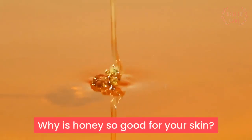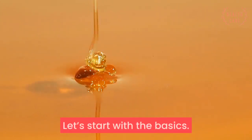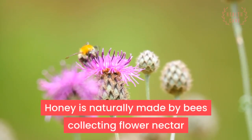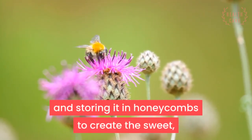Why is honey so good for your skin? Let's start with the basics. Honey is naturally made by bees collecting flower nectar and storing it in honeycombs to create the sweet, thick liquid